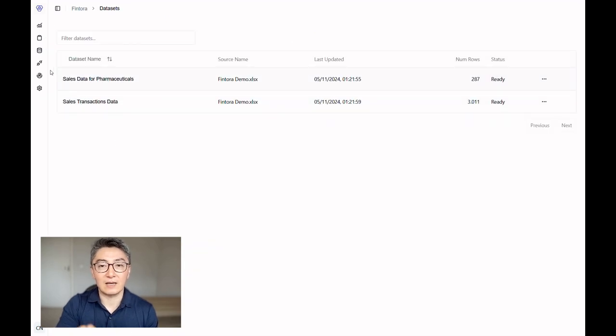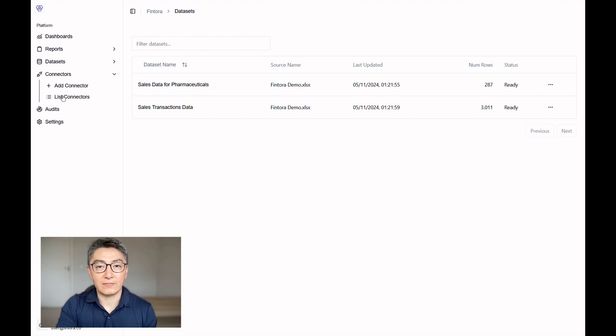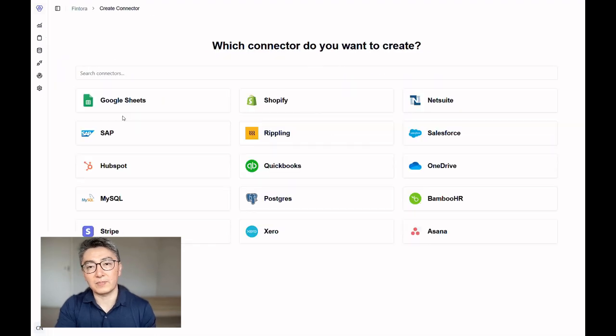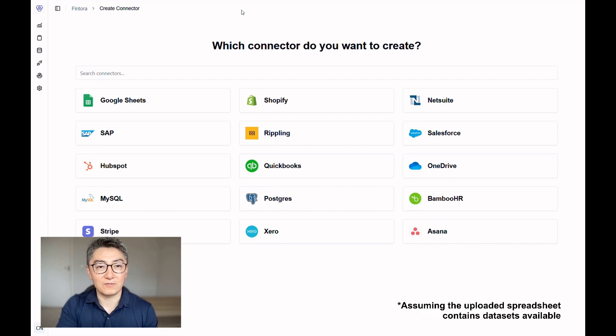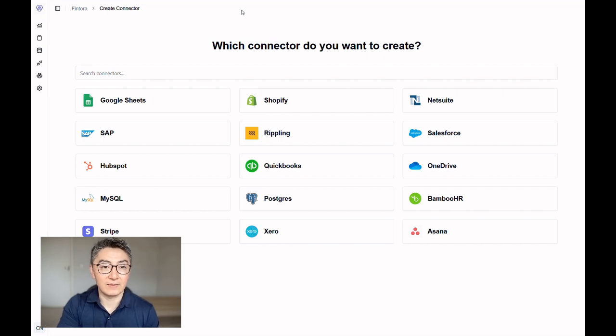And as the next step, we can set up the connectors to the user's ERP, CRM, or whatever other systems, apps, or tools they use. And you may notice that this step wasn't the first step. By beginning with the output, Fintora's AI can infer which inputs to map and any necessary transformations, streamlining the entire